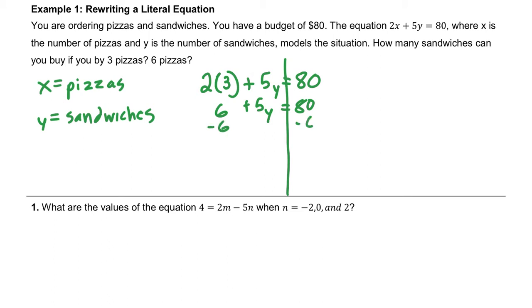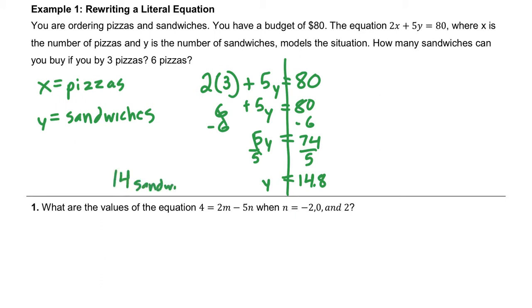So I would subtract 6 from both sides. 5y equals 74. And I finish by dividing both sides by 5. That ends up being 14.8. Now, that's a correct solution to this equation, but in this context, if I buy 3 pizzas, that means I can buy 14